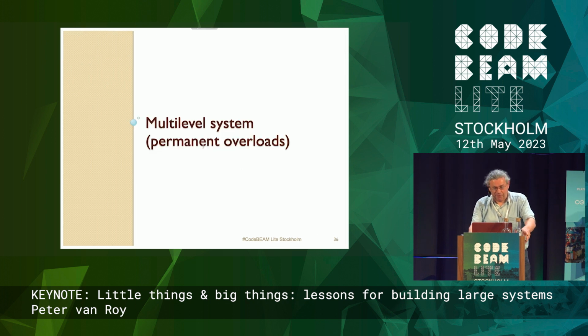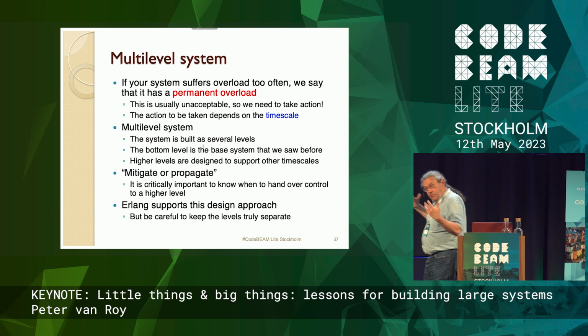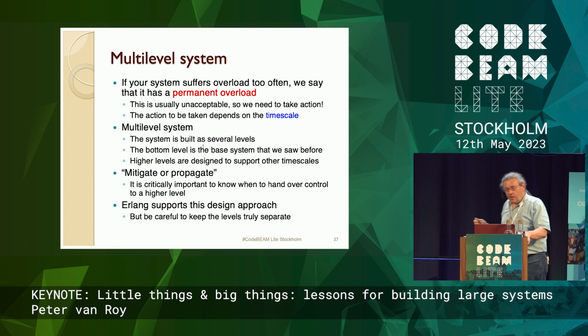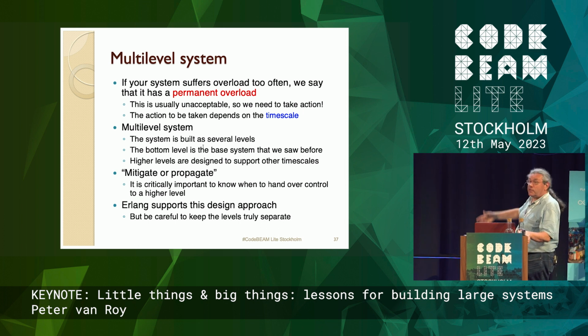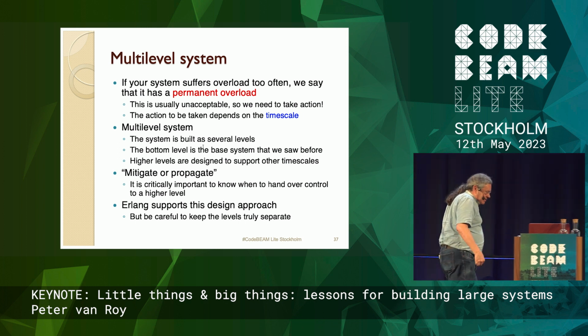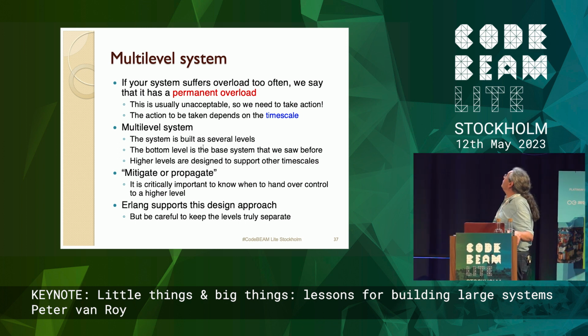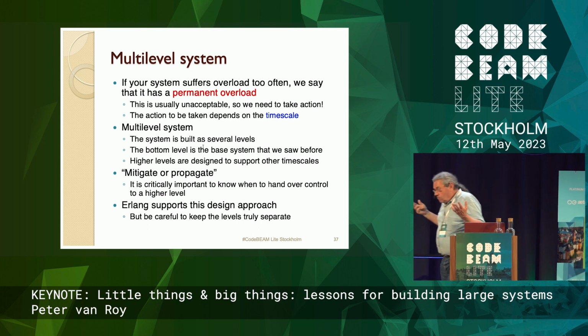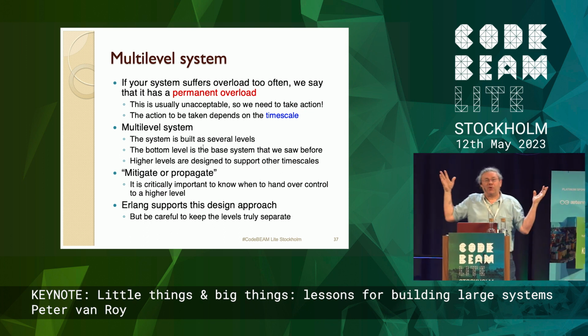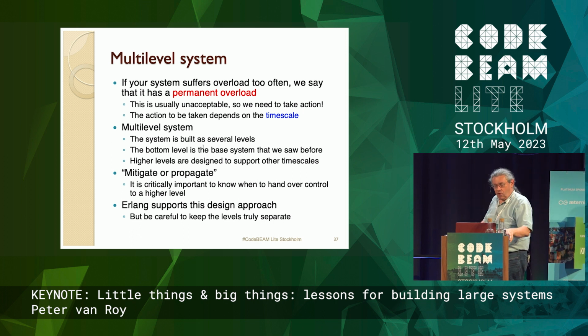But we're not done yet by far, because we've only handled temporary overloads. Okay, so that's normal. You're happy, it handles temporary overloads. Everything is great. Until the temporary overloads start happening too often. The people are getting very demanding, and they think your system is the best thing since sliced bread, and they're really using it, and now your system is having a problem because it's always overloaded. The approach we did in the last section doesn't work anymore. We need another idea, okay? We have gone to another level.